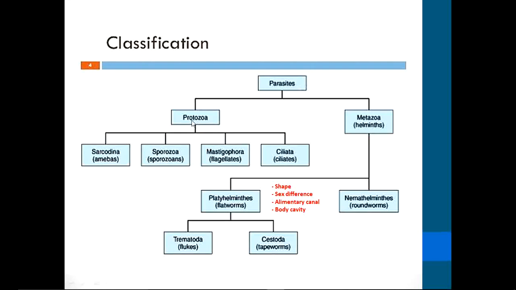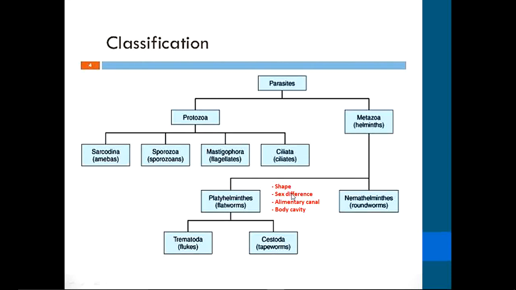Parasites are broadly classified into unicellular protozoa and multicellular metazoa. The metazoa further has two phyla, phylum Platyhelminths and phylum Nemathelminths, and they are differentiated on the basis of shape, sex difference, alimentary canal, and body cavity. In case of phylum Platyhelminths, the shape is flattened, leaf-like or tape-like, and if we talk about phylum Nemathelminths, they are elongated, cylindrical, and they have